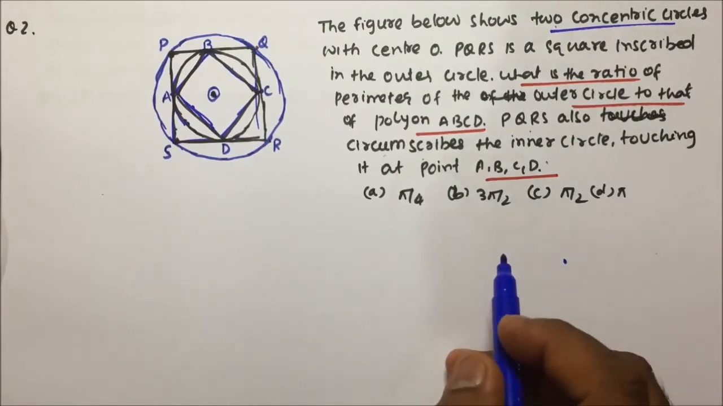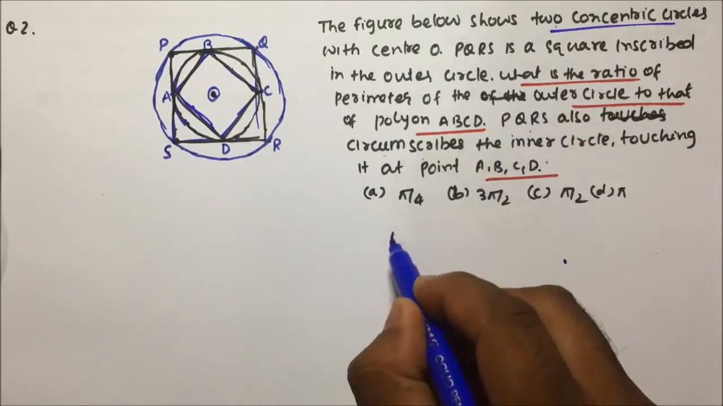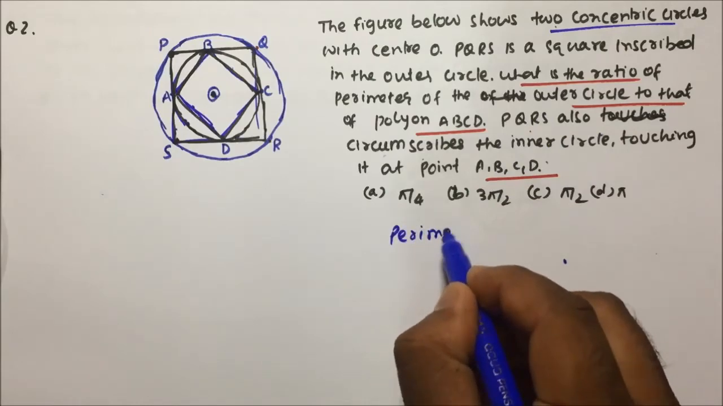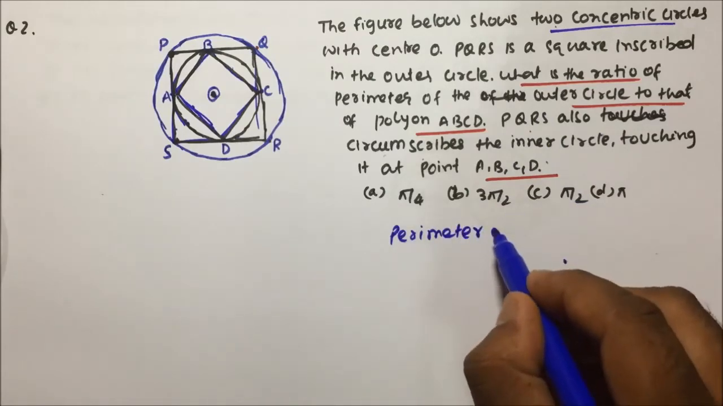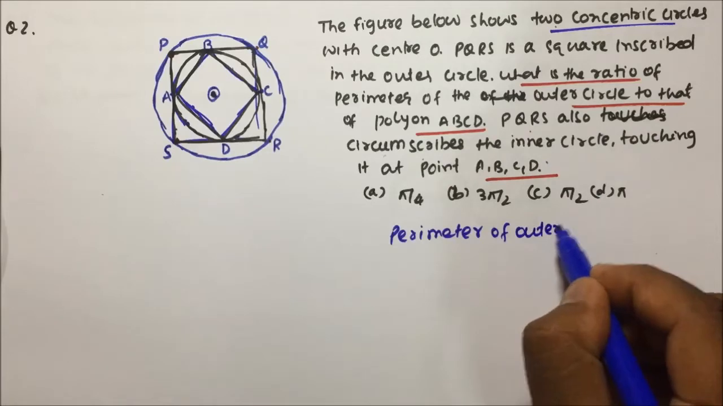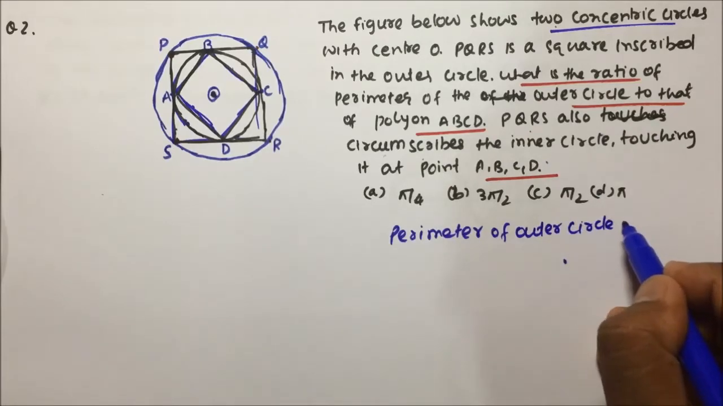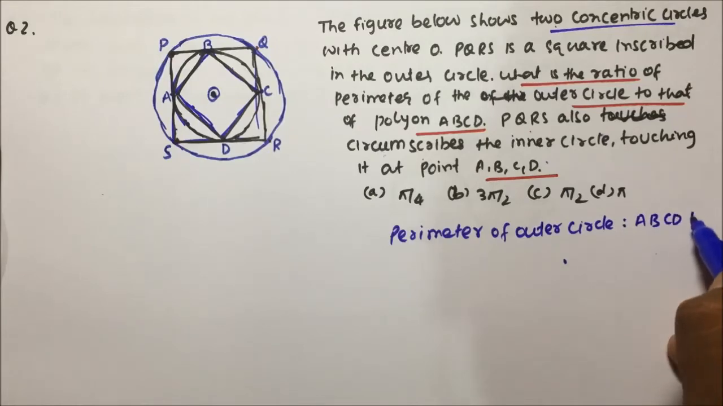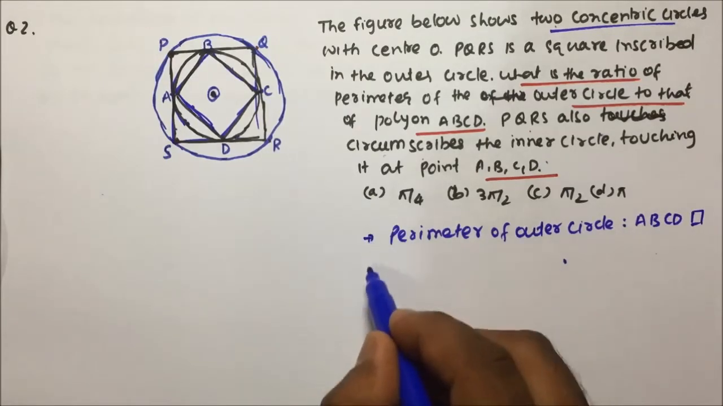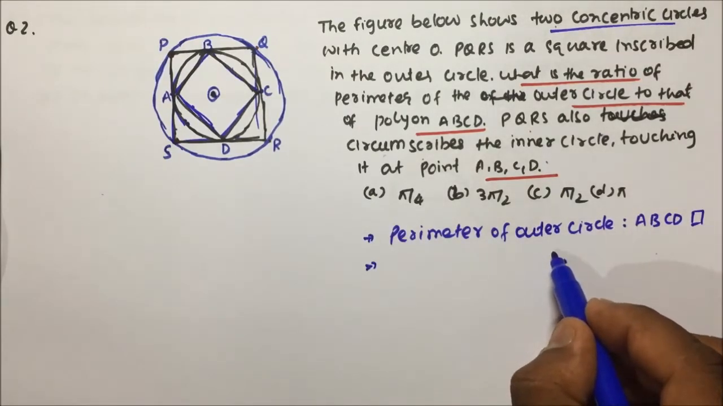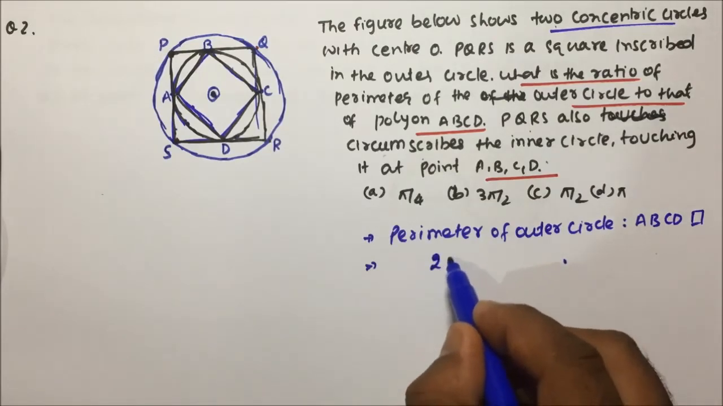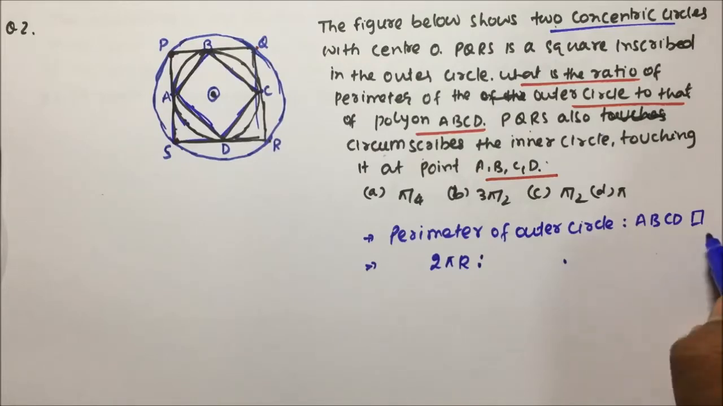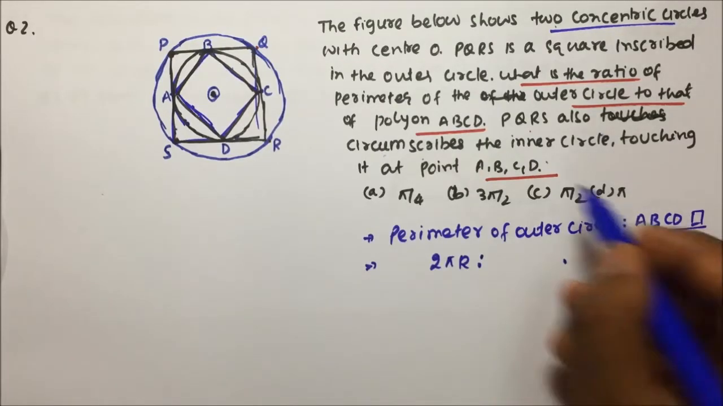So basically, we have to find out the ratio of the perimeter of the outer circle to the polygon ABCD. So ABCD is a square. If we talk about the perimeter of the outer circle, the circle perimeter will be nothing but 2 pi r. And if we talk about the ABCD, I mean the square perimeter, see what is that,